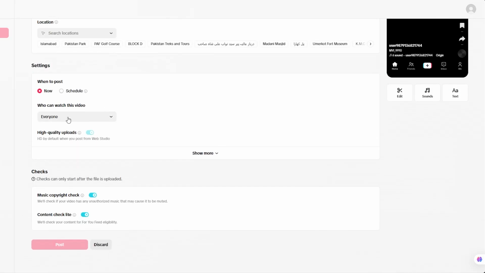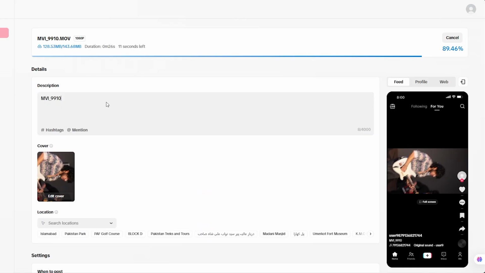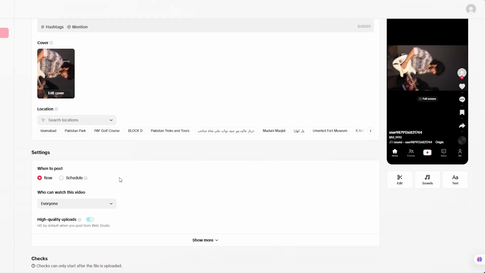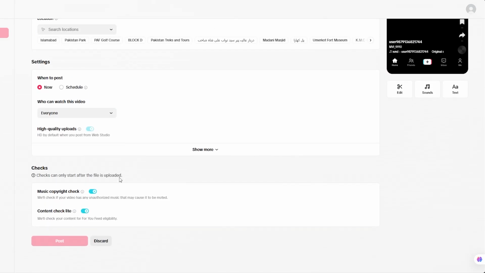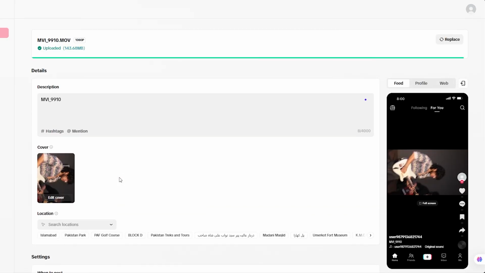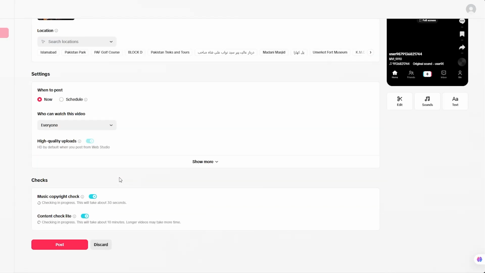Once that is done, here you're going to go ahead and check through all of your settings. Then you have the description. We're also simply going to wait for the video to fully upload. You can see how it's going to look on your profile, how it's going to look on your feed, etc. And once everything is done and everything is good to go, before posting, you need to look for the content